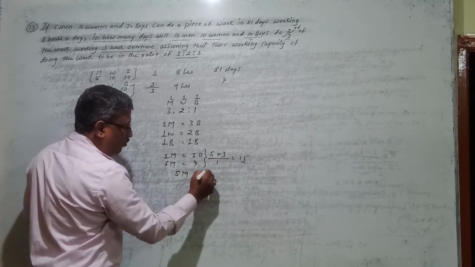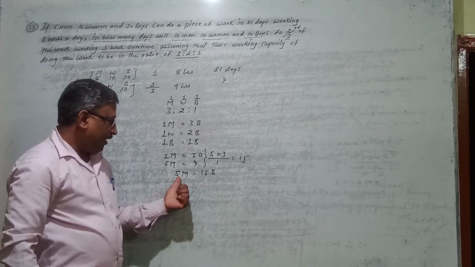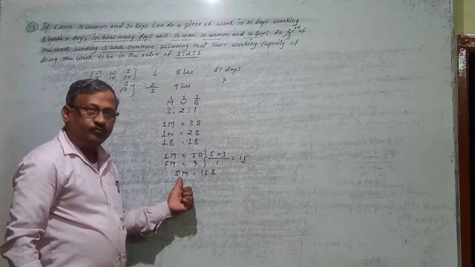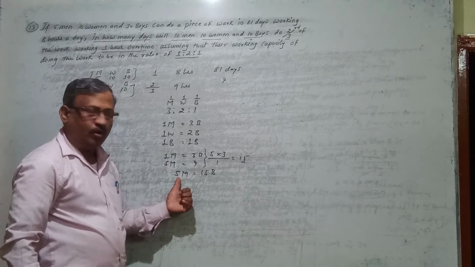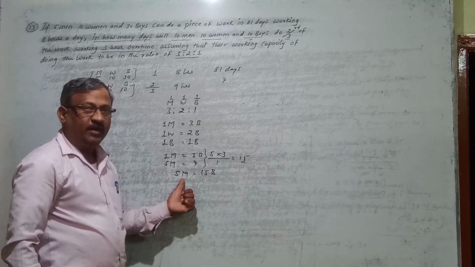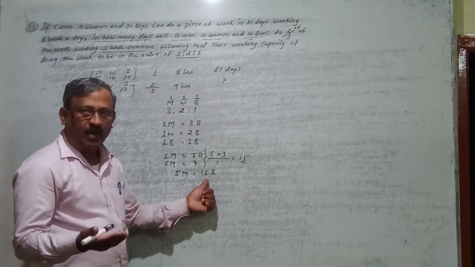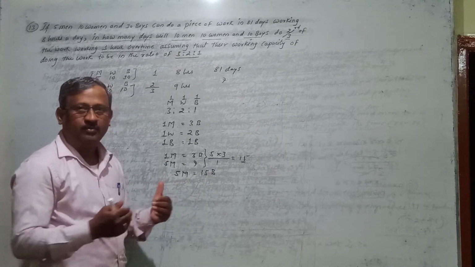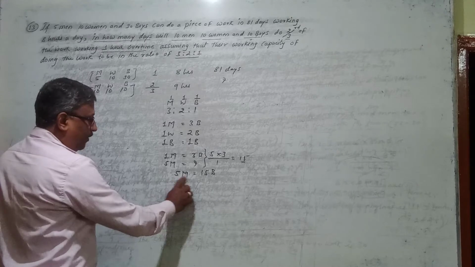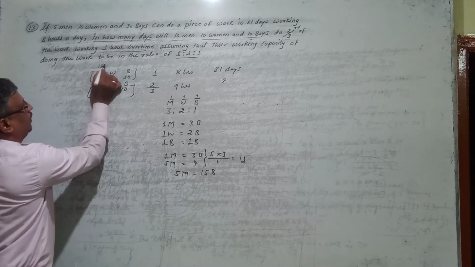5 men are equal to what? 15 boys. Means we have got the capacity of 5 men in form of boys as 15. Whatever time is required for 5 men, same time is required for 15 boys, or whatever work that 5 men can do, same work 15 boys also can do, because the capacity becomes now equal, right? So if you don't want to employ 5 men, in that place you have to employ 15 boys.